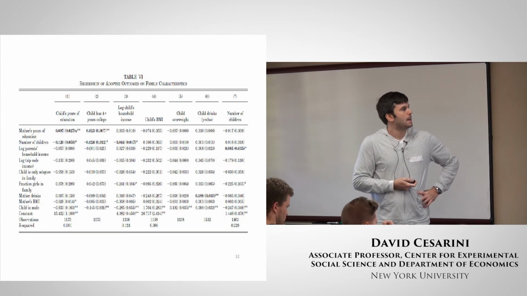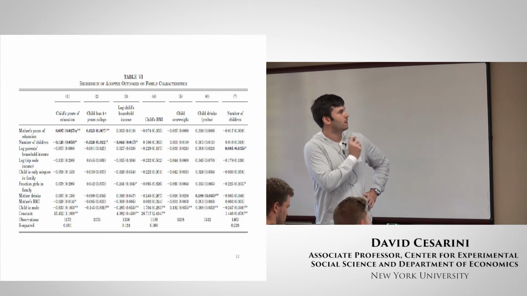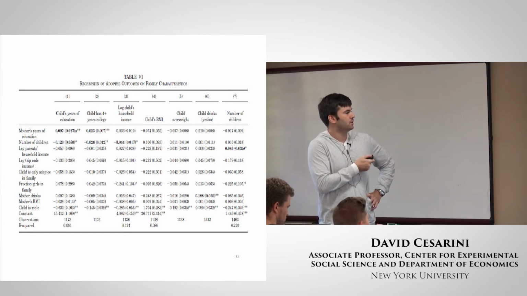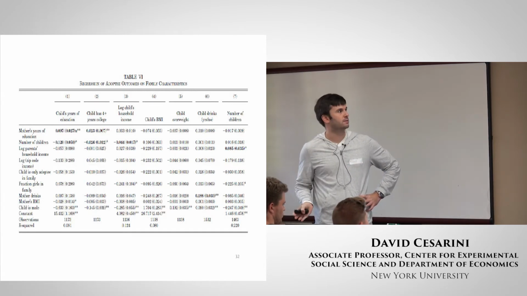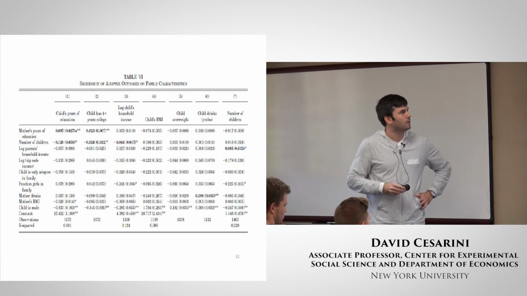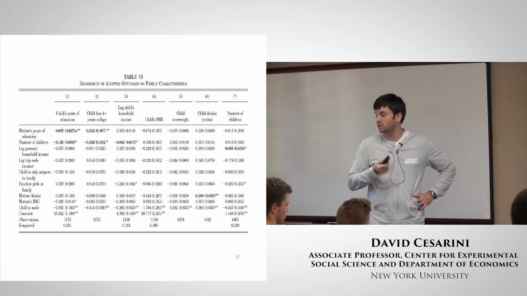Can you just walk us through maybe the first column? Sure. How to interpret it? So here the estimation sample is the sample of adoptees. The outcome variable is the adoptees' years of education. And this regression coefficient is the coefficient of the child's years of education on mother's years of education, number of children, etc. He also repeats this in a sample where the regressions are run with the own birth children, where